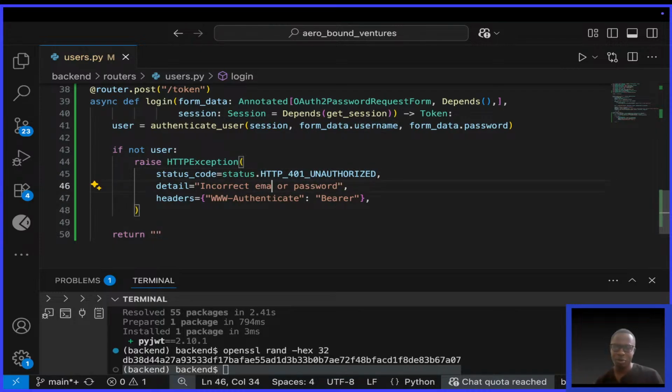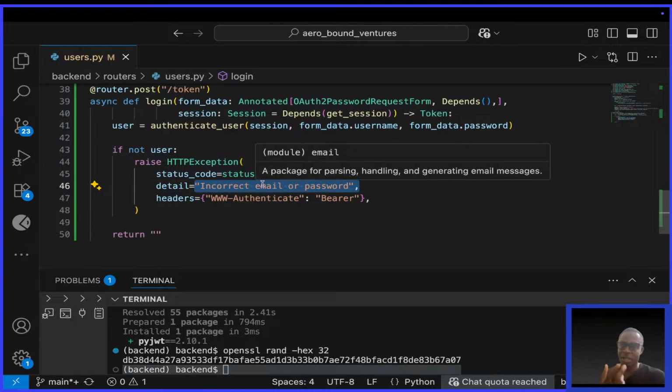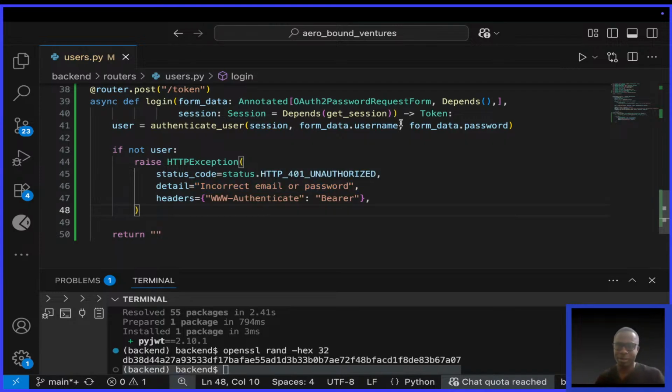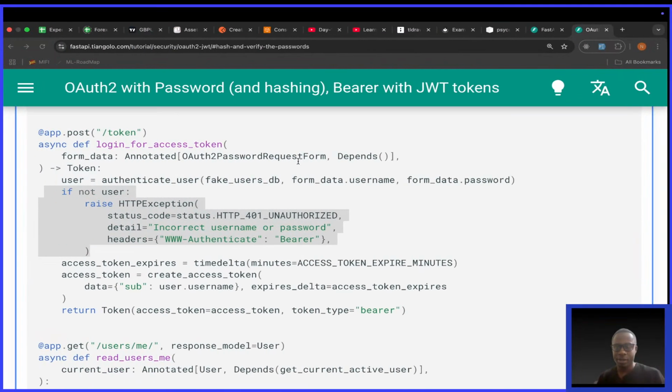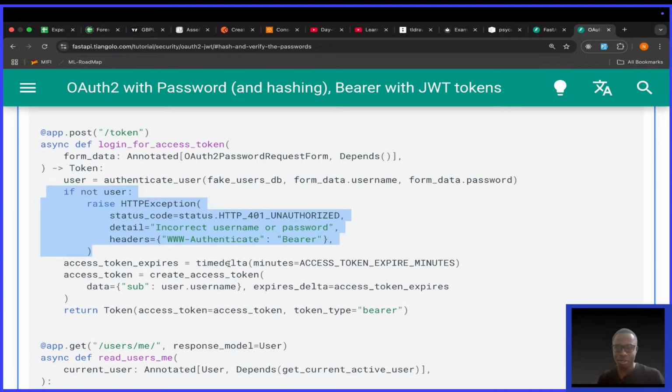Maybe we can say email or password, something like that, because on the front end, the front end developer would want to show this message exactly. So let's say email or password, since on the front end we're going to show email on the form and not username. But I hope you understand why we are saying username here, because that's what the OAuth2 scheme requires us to do. So after that, if we go back to this documentation, they now